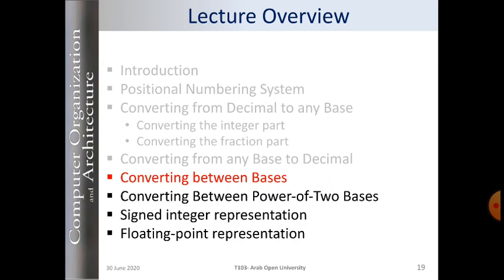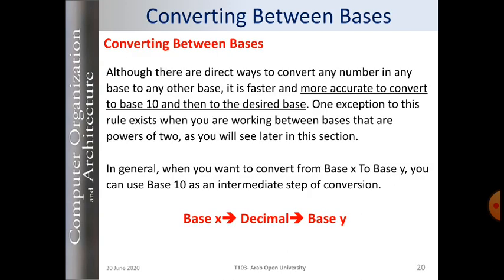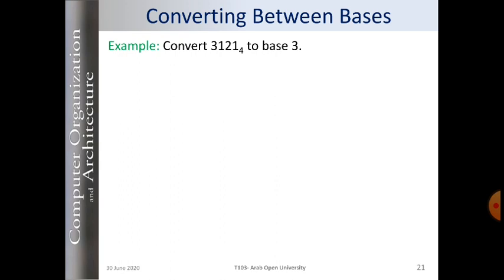Now let's talk about converting between bases. I think it's very simple. The intermediate number system is the decimal. So to convert from base x to base y, we have to convert base x to decimal. Then we convert decimal to base y. For example, to convert the number 3124 base 4 to base 3,